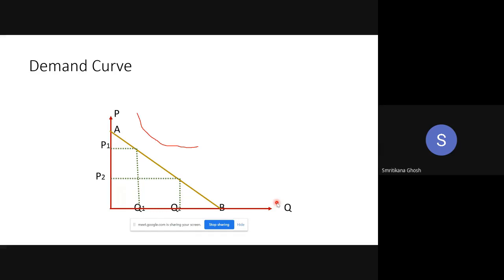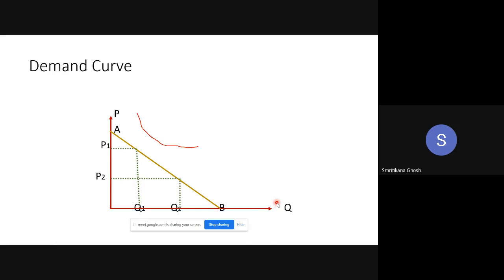So I just want to show my status. I just want to show how rich I am. And that is why I am purchasing the commodity at the higher price. So there also we are getting a violation of the law of demand. This is called the Veblen effect. Okay, so these are there. Anyway, there are a lot of examples of the violation of the law of demand.